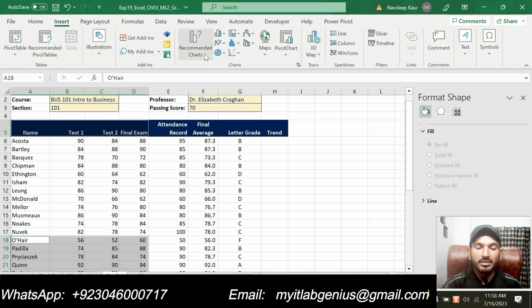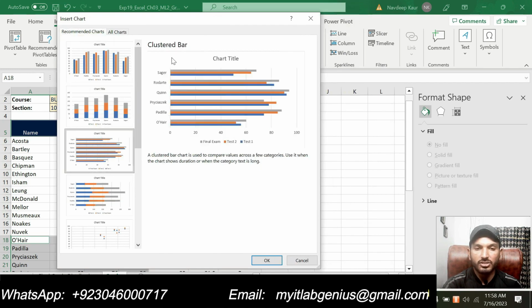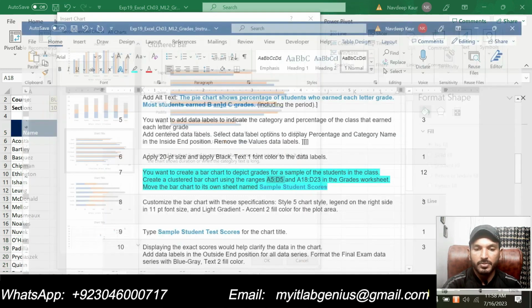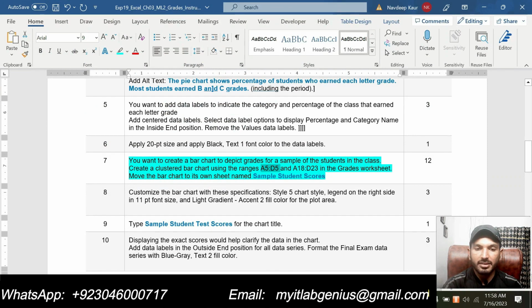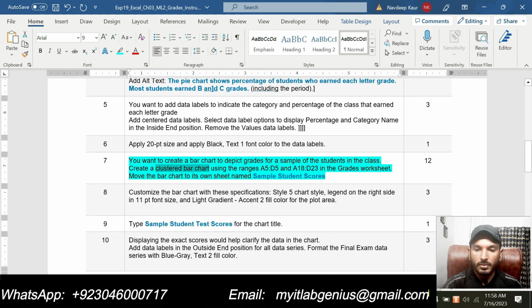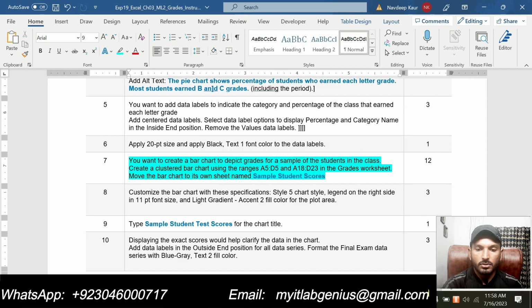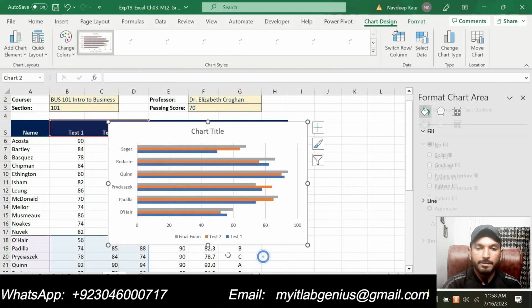Now we are supposed to insert a clustered bar chart. Simply click on the recommended charts and now we are supposed to insert this clustered bar chart. You can see this one from here. So we are supposed to insert the clustered bar chart, this one. So click OK.